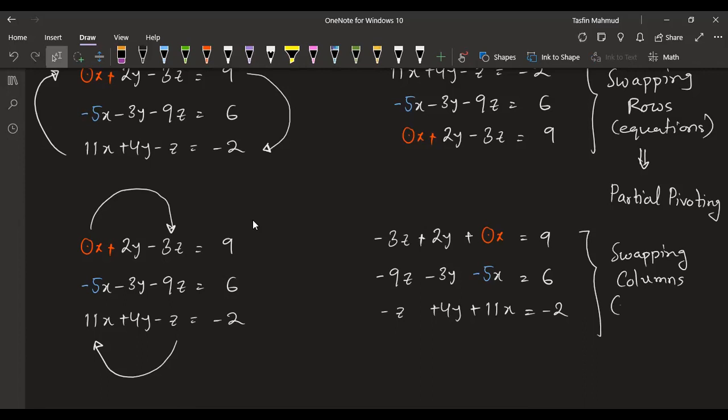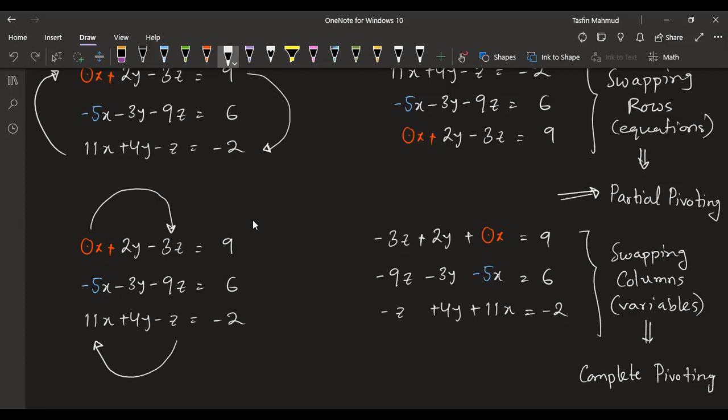Column means we are actually swapping the variables, right? In the previous case we were swapping the equations, but now we are swapping the variables x, y, z. We are swapping x and z with each other. We call it complete pivoting. You don't have to do complete pivoting for the lab report. Partial pivoting is good enough. We would be happy with this. Okay,